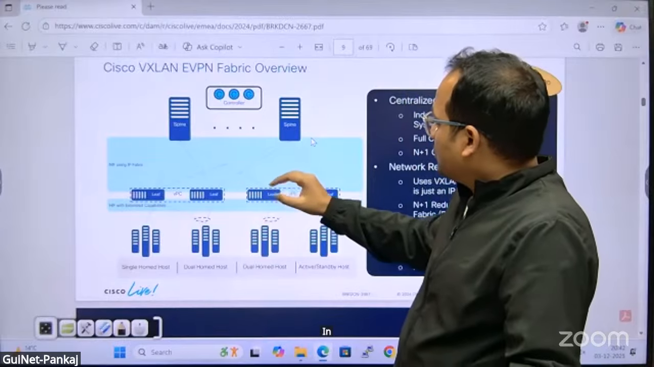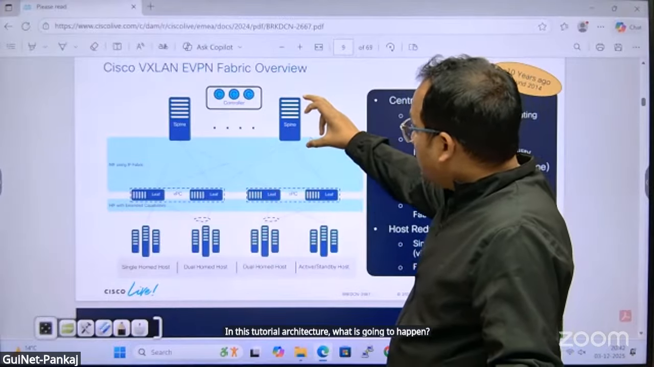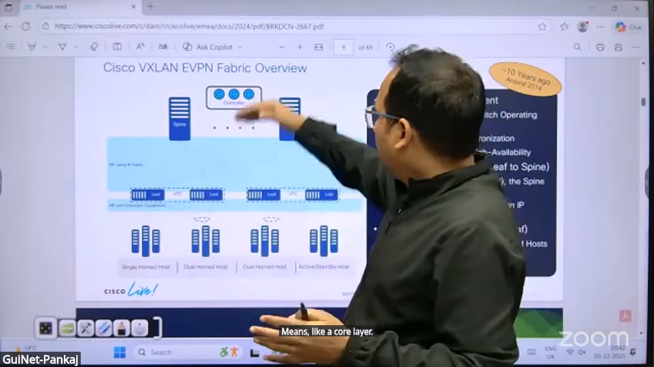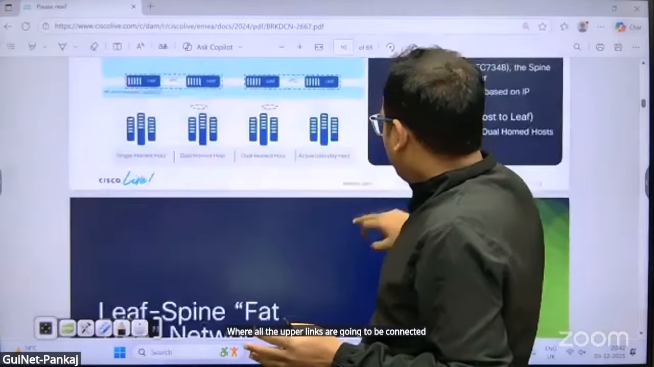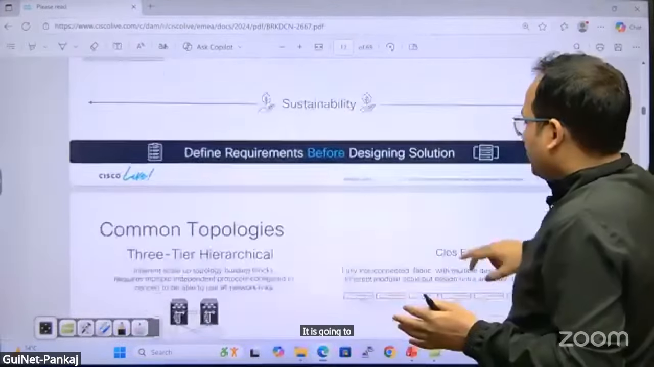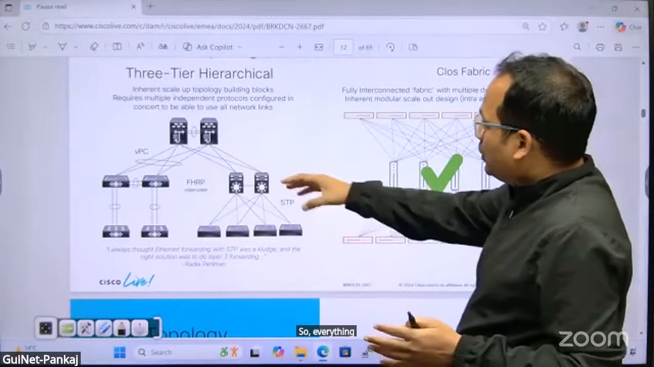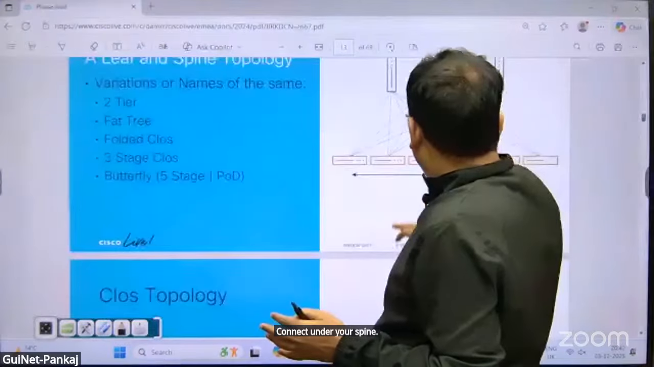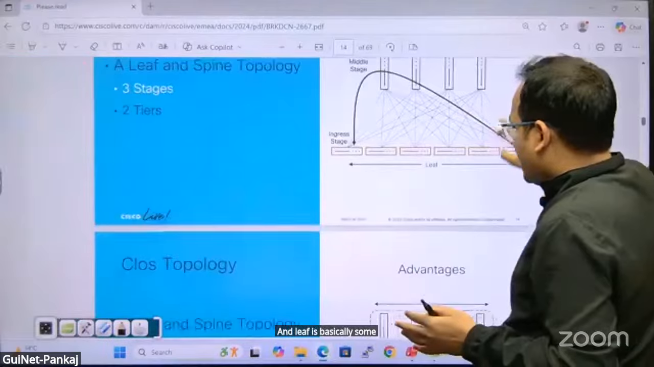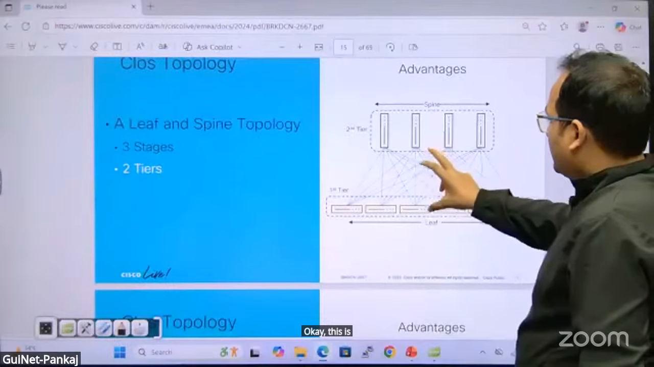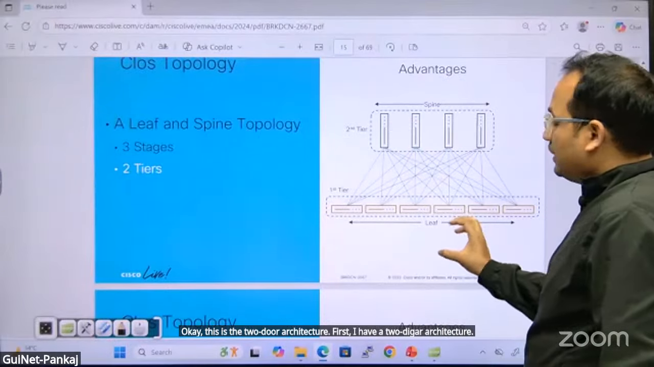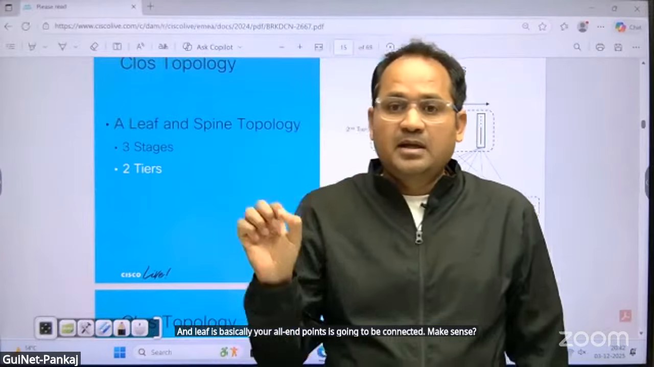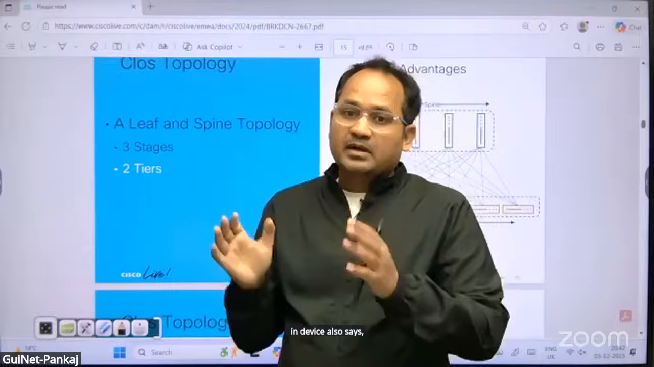In this two-tier architecture, what is going to happen? Spine is going to act as your brain, like a core layer where all the upper links are connected. Whatever you want to connect, it is going to connect in the upper layer. So everything is going to be connected on your spine. And leaf is basically, okay, this is the two-tier architecture, and on leaf all your endpoints are going to be connected. Make sense? Whatever end devices we used to connect in two tier,